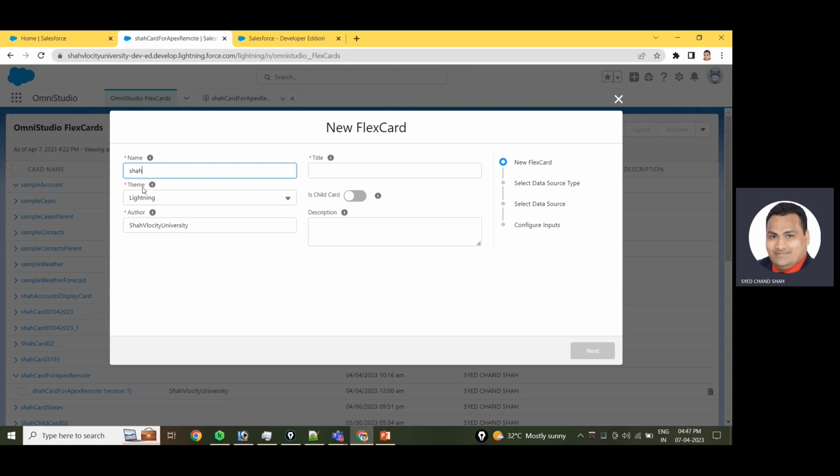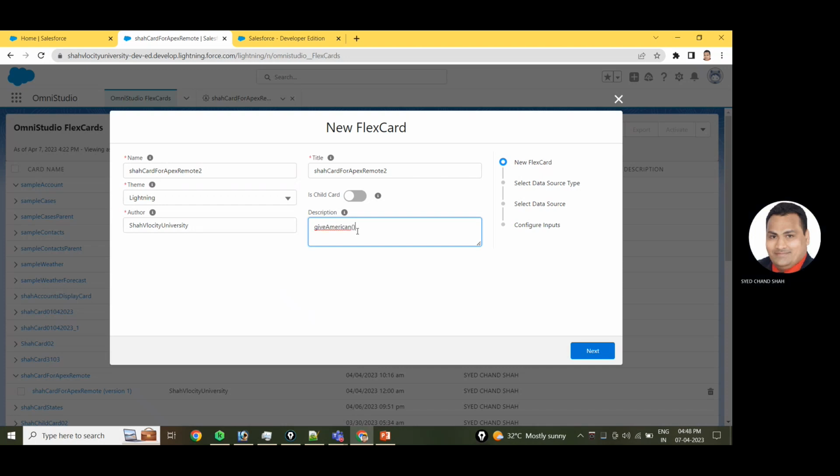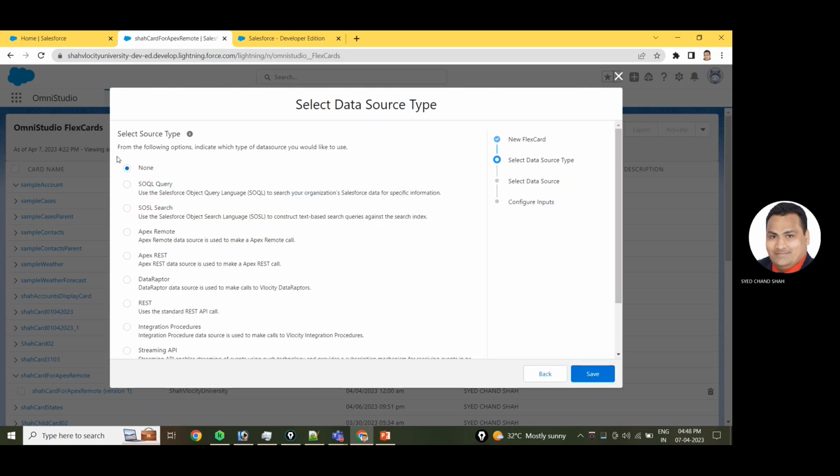So Apex, remote 2. Okay, so what is it? giveAmerican, and what parameters are we giving? First name, last name, and the result name is American style. Okay, use something meaningful so that you and others can understand. In the Apex remote,